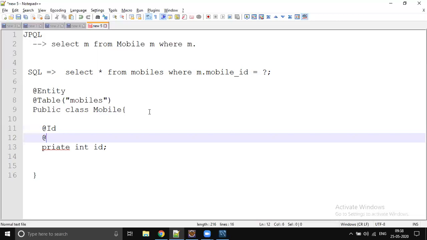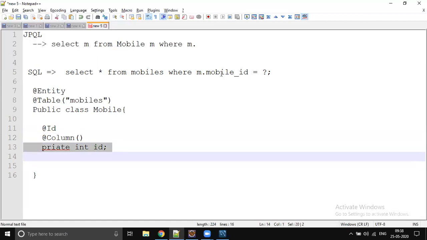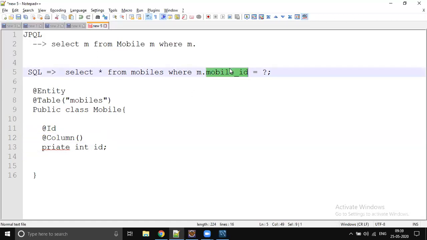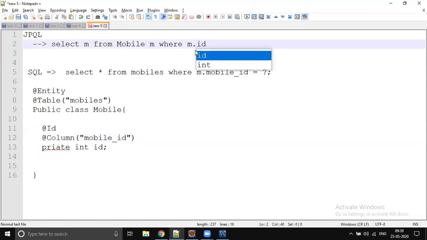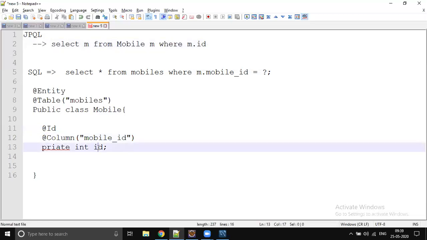And the column name and the property name are both not matching. Then you should specify that column name using the @Column annotation. Whenever you are writing the JPQL query, you should use the Java property, ID, not the actual column.